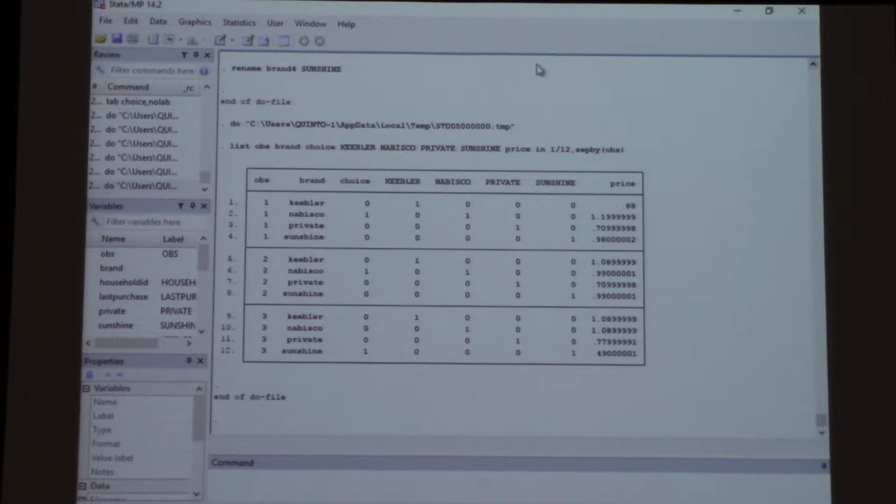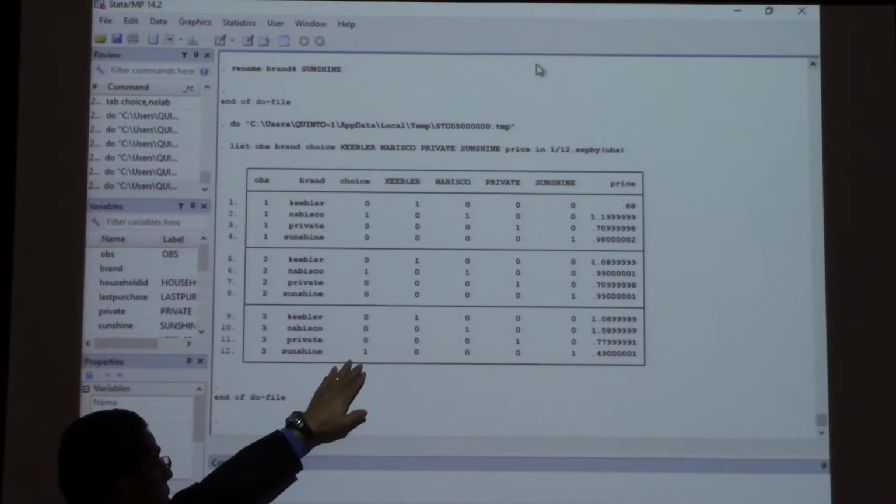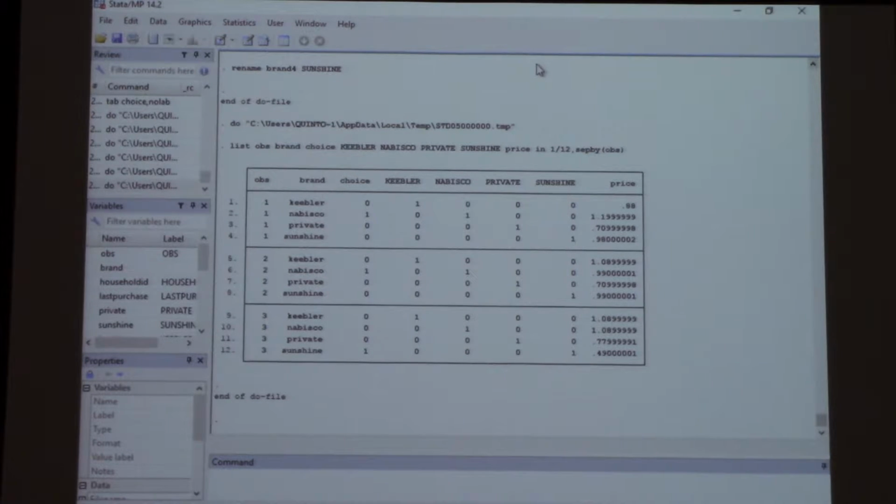And again, I changed the case because we can't have them exactly the same, otherwise they don't let us do that. And we can see which choice was made. So the choice is a binary, it's going to be 0, 1, and we can see that the first person chose Nabisco because their choice variable is 1. The second person chose Nabisco, and the third person chose Sunshine. So the data is set up now correctly